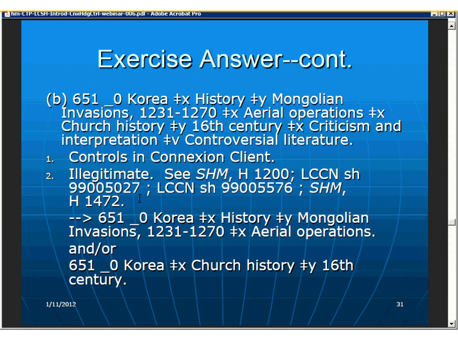LCCN SH 9900556, with 180 suffix X criticism and interpretation, with a note used as a topical subdivision under names of individual persons for works of critical analysis or interpretation of the person's artistic works or endeavors without biographical details. SHM H1472 and also LCCN SH